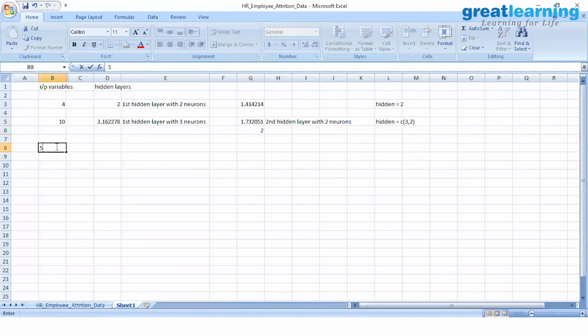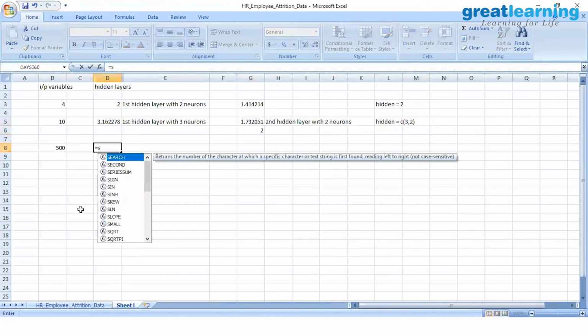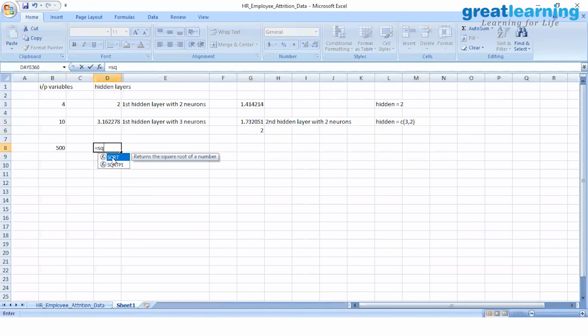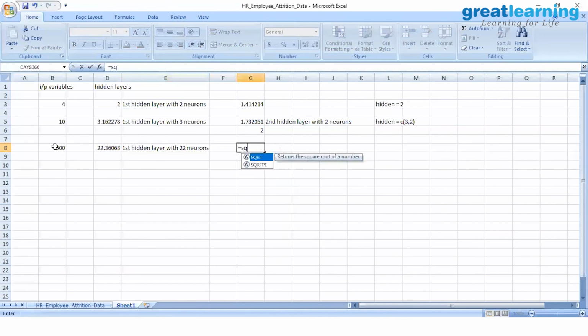Okay, like a bigger example, if I have 500 input variables, I do a square root of 500. That will be say 22.36, and I'm rounding it off to 22. So I'll have first hidden layer with 22 neurons. Then I'm doing a square root of 22. That gives me 4.69, and if I round it off to 5, so I'll have a second hidden layer with